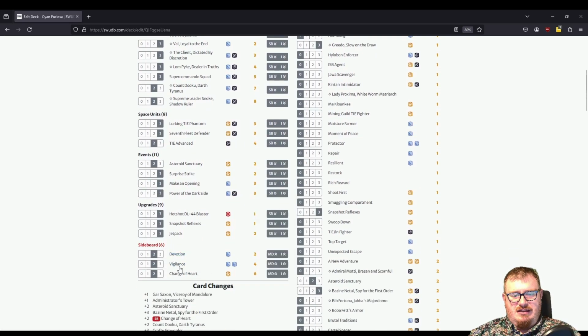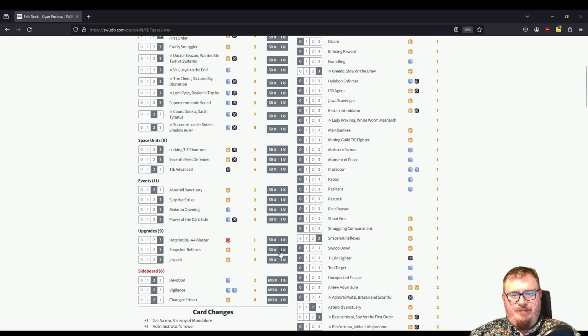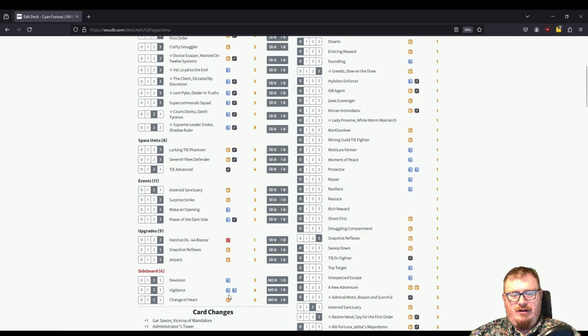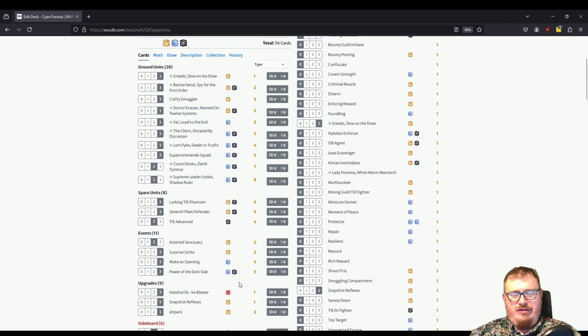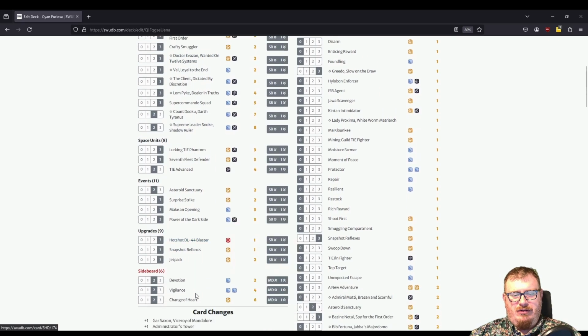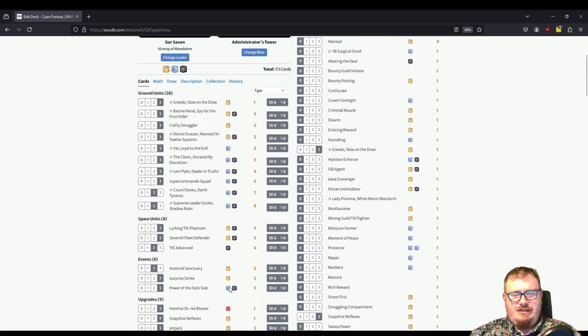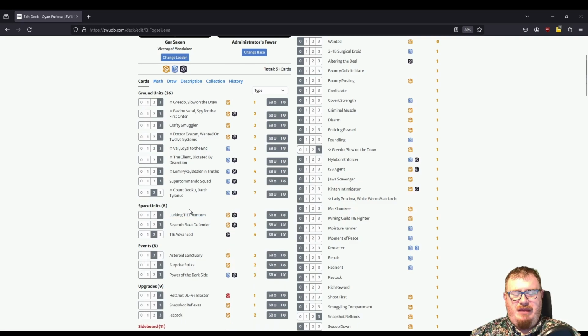Vigilance is in a weird spot in this deck. It does fit the 6 slot. I could see it coming in for aggro, but this deck with all the shielded units can control aggro fairly well in a lot of ways too. So I don't know if it'll end up being needed. Same with Make an Opening. It's for certain matchups. Let's cut that out. And Snoke's, maybe I'd run one main, one side, but